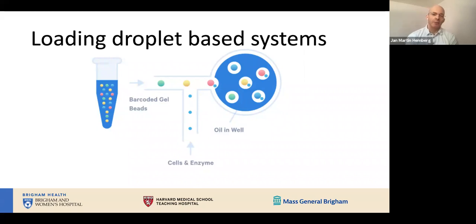So remember, the goal is to put one cell into each droplet. The cells are very small, and so are the droplets, so this is not as trivial as you might think. And what happens in practice is that you end up with a Poisson distribution of the number of cells in